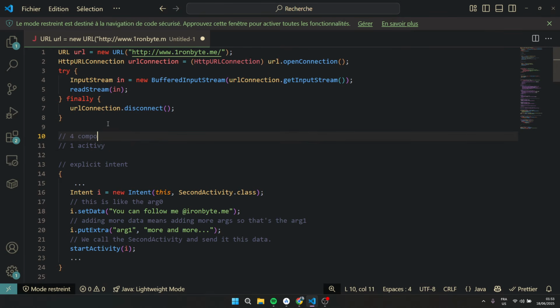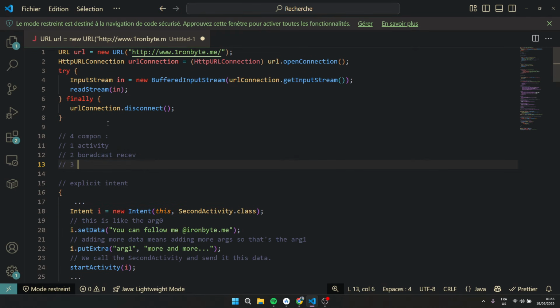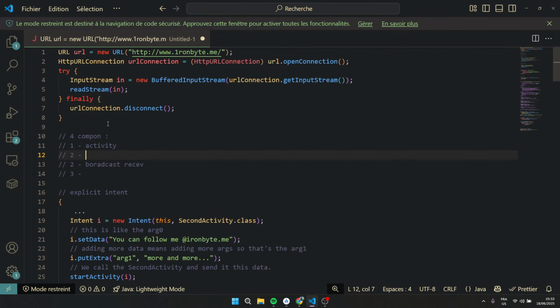So the four components: component activity, and the second one is broadcast receiver, and the third one is, well, the second one is actually services or service or whatever. And the fourth one is content provider.